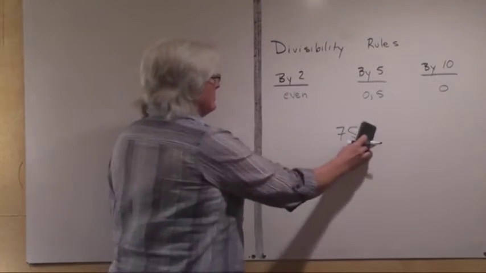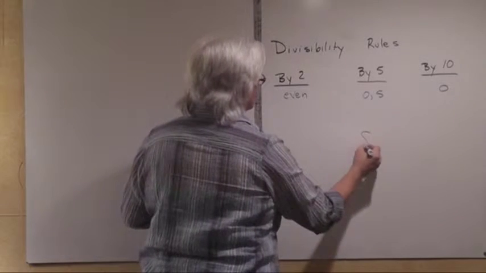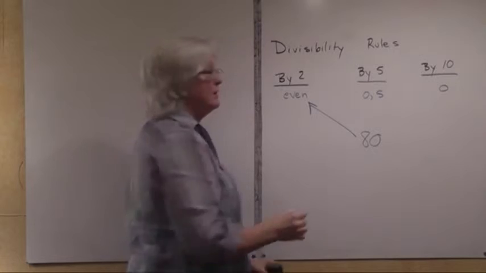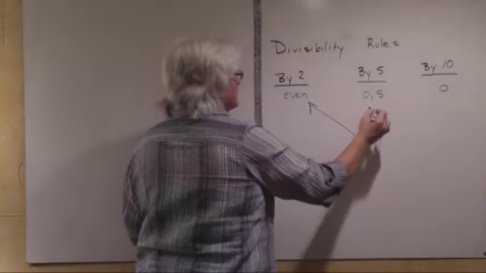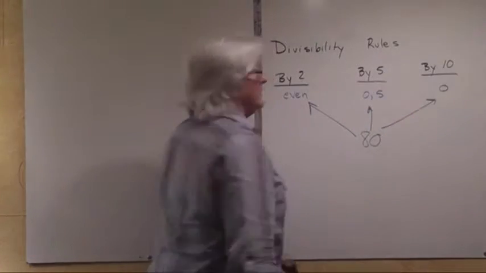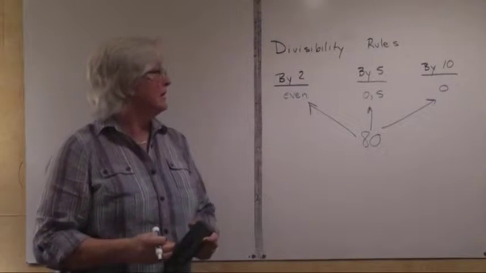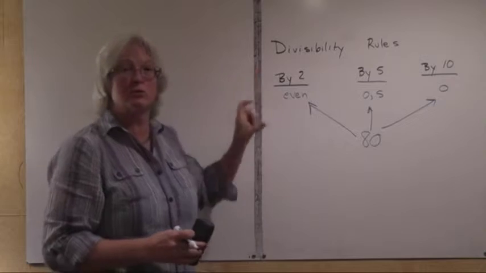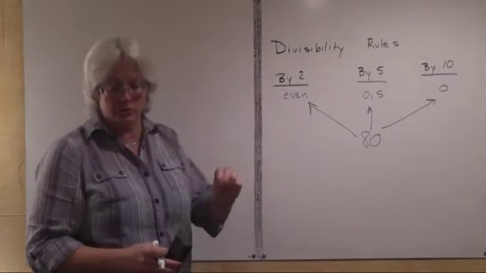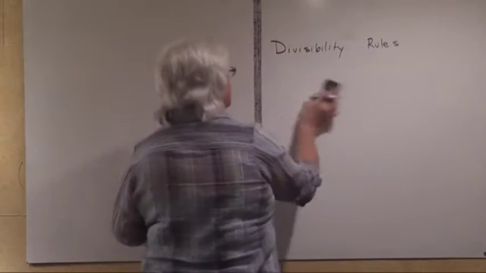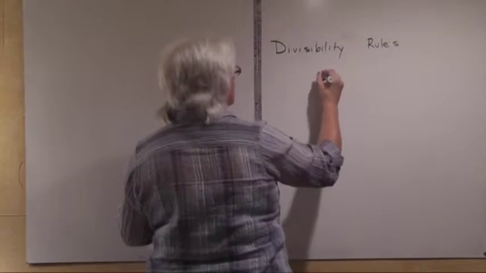What about 80? 80 is even, so it's divisible by 2. It ends in 0, so it's divisible by 5. It ends in 0, so it's also divisible by 10. So this is our first grouping of divisibility rules. Now the next grouping of divisibility rules that we have are